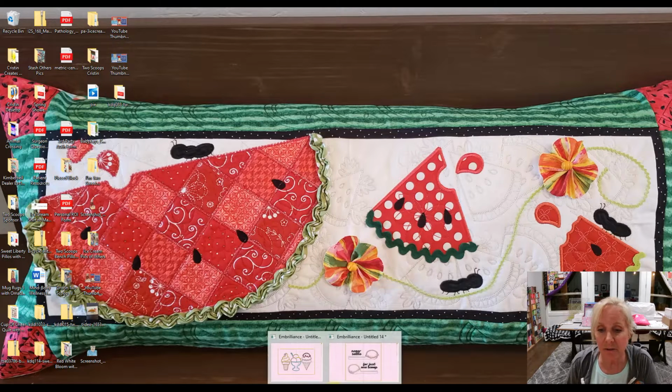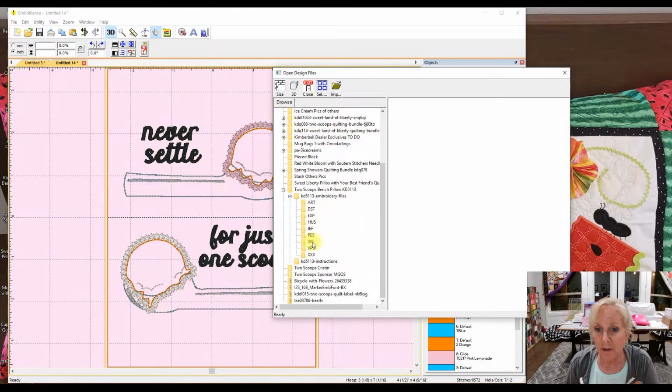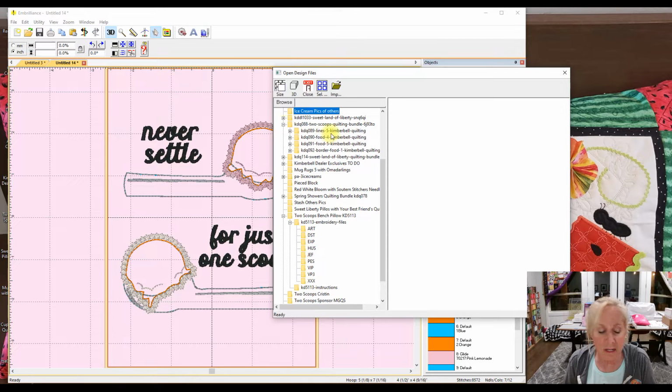So I'm going to go back to my software, and I am going to merge stitch file, and I'm going to bring in a quilting design. All right, so here's the 2 Scoops quilting bundle. I'm just going to click this open. And for this first block, we are using Food 5. So right here,